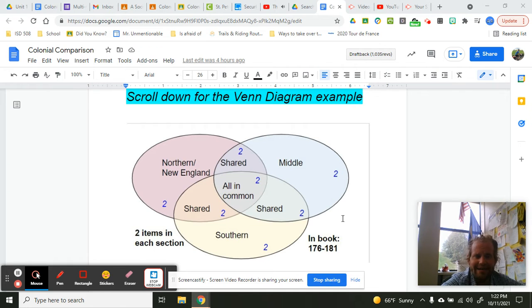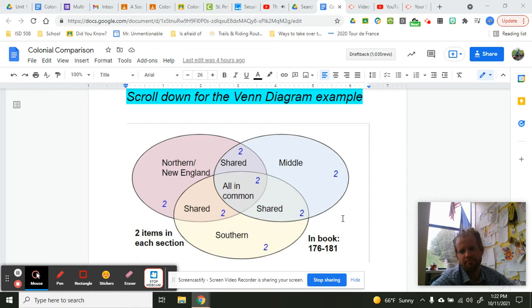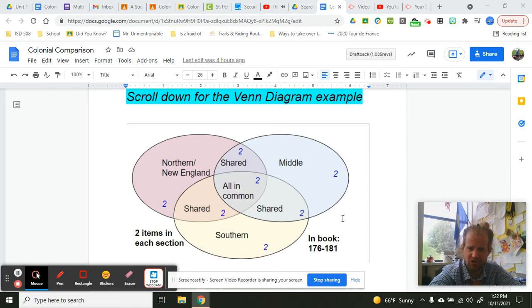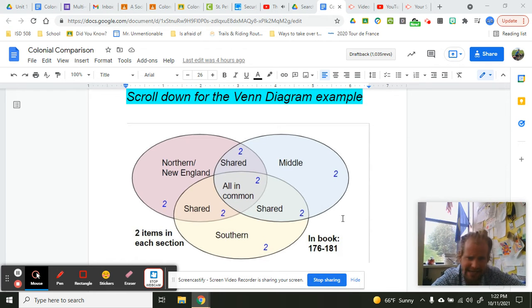I'm on the Venn diagram colonial comparison assignment. I'm on the bottom of the first page. If you scroll down there, you're going to see, if you're not distracted by this,